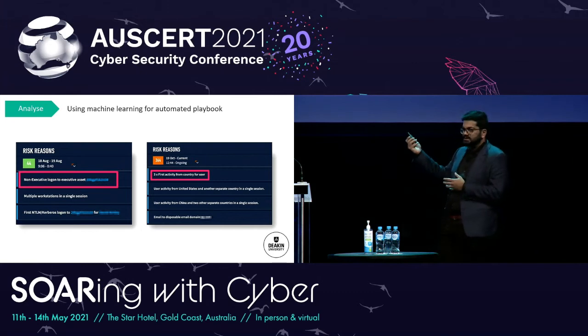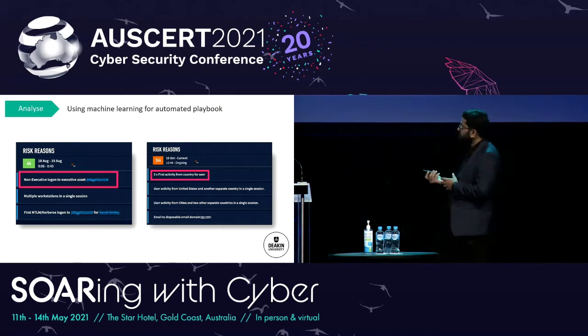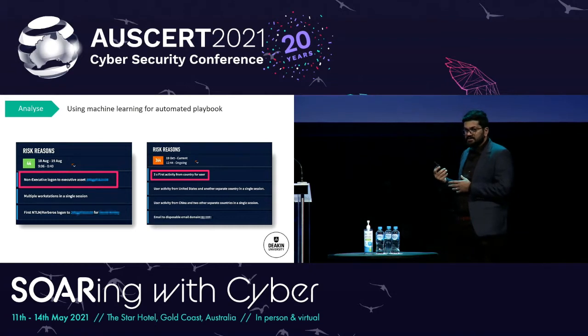In this use case, it was a support staff member logging in and trying to help an executive, but it's still a good alert to actually get some visibility on. And the second one is one of those impossible travel use cases where we've had a staff member, in this case, who's actually logged in from a new country that they've never logged in from before. And we've also seen that there were emails sent to disposable email addresses, so suspected data breach,